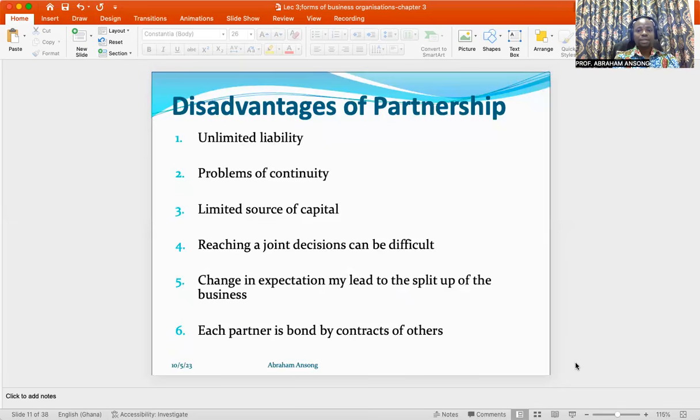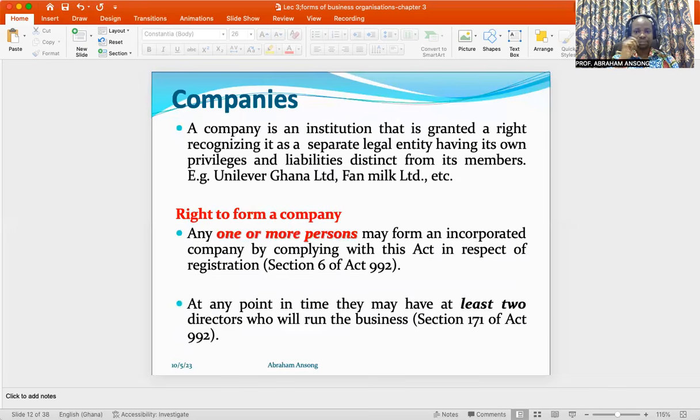All right. So if it's not even direct contraction of loans and it is a bad decision of a business, what it means is that if the business is running at a loss, obviously you will be affected because you will not earn any profit. Okay, so the decisions of your other partners, if they don't make intelligent, wise decisions, you are likely to suffer as a partner in a partnership business.